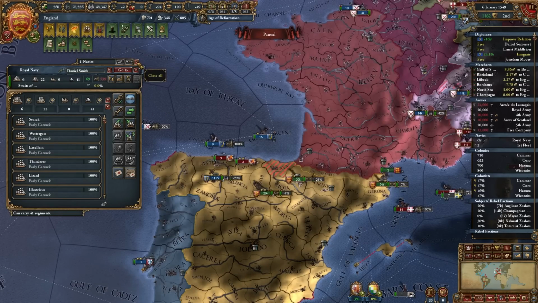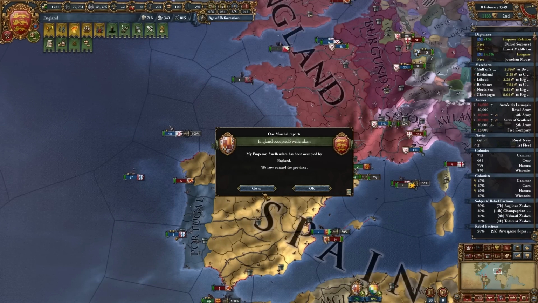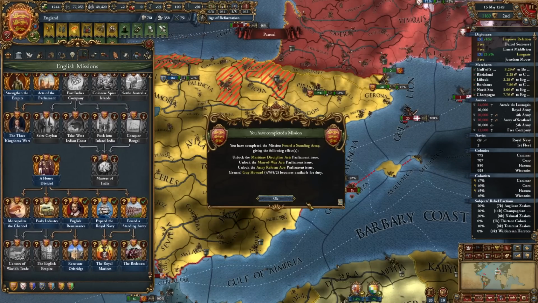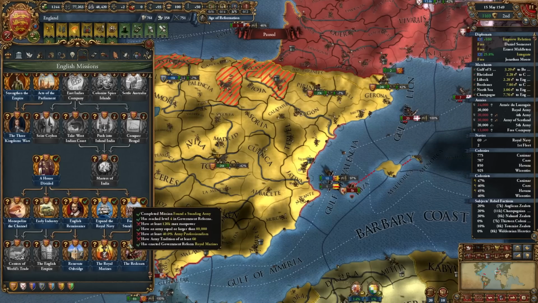Look at Ireland trying to not get annexed. It's not gonna work, buddy. But, you know, appreciate you. All right, I got a standing army founded on accident. I mean, on purpose, obviously. And that should unlock some parliament issues. He's 60 armor tradition for that? Damn. That sucks. I've never...